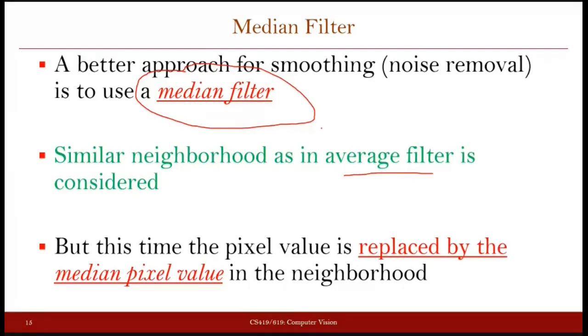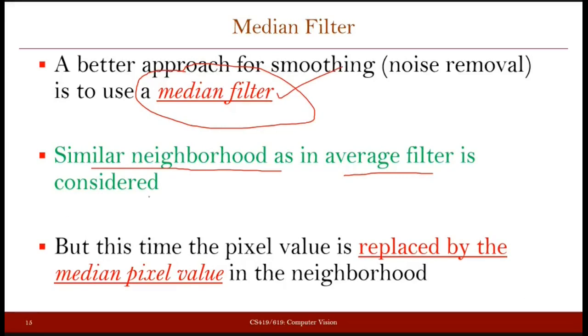But in place of computing the weighted average or average of those intensities, with the help of the mask, we are going to only consider those values, and operate on them in a little different way. So here also the concept of neighborhood is there, but the weighted average is not being computed. In place of computing the mean, we'll compute the median of those values.